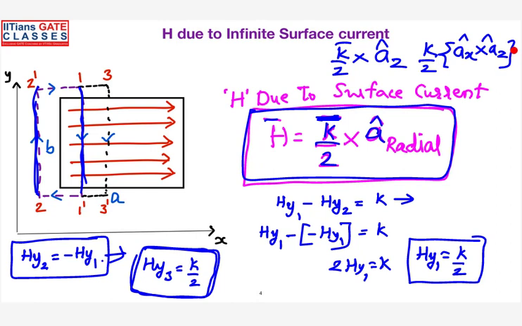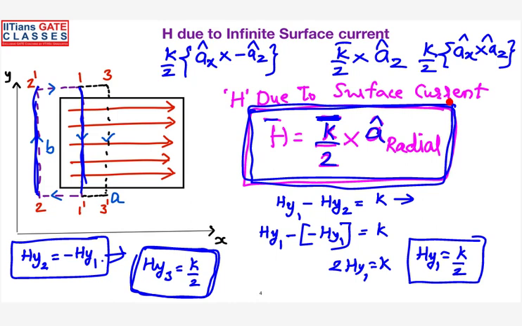So when you are on the bottom side, what will happen? The magnitude k by 2 remains same and the surface current is also in x direction and the radial direction will be minus az. So I was giving a generalized equation, where you can apply this formula, whether it is above the sheet or below the sheet. I hope this is clear for you, everyone, right? Shall I go ahead?